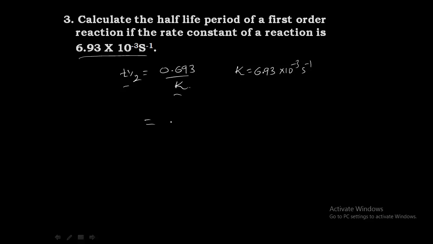So here 0.693 divided by K means 6.93 into 10 raised to -3. So dividing this, what you will get? 10 raised to -3 becomes 10 raised to +3 into 0.693 divided by 6.93, that is nothing but 0.1. So the half-life of the first order reaction is 0.1 into 10 raised to 3